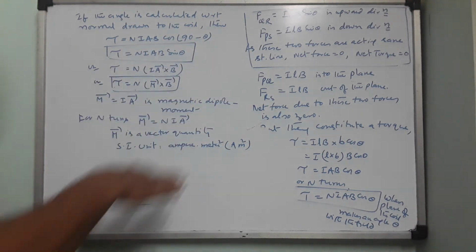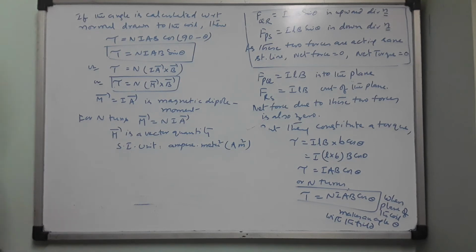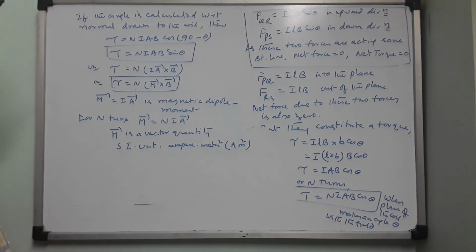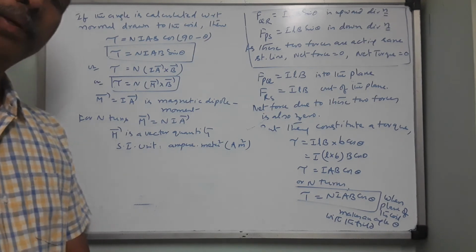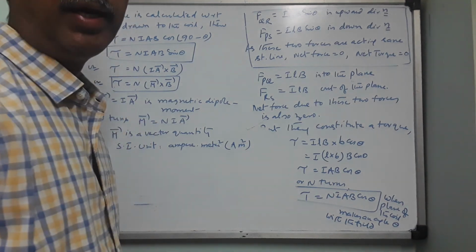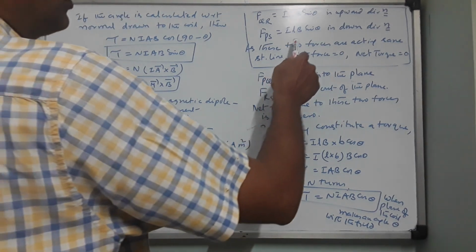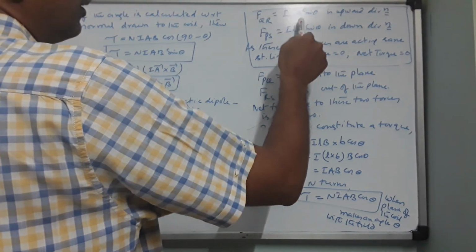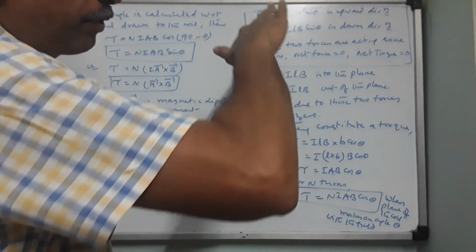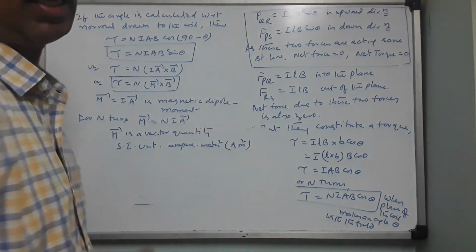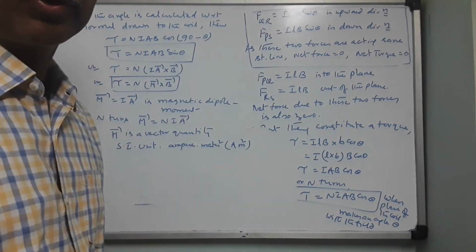So this is very, very important as far as the derivation part is concerned. Derive an expression for torque acting on a coil placed in a uniform magnetic field. If the field is not uniform, what will happen? What are you writing here? Net force equals 0. Why is net force 0? Because both forces are equal, ILB, ILB. If the field is changing, this B and this B will not be the same. B on the top of the coil and B at the bottom of the coil are not the same. So these two forces cannot cancel each other. So there will always be a net force.